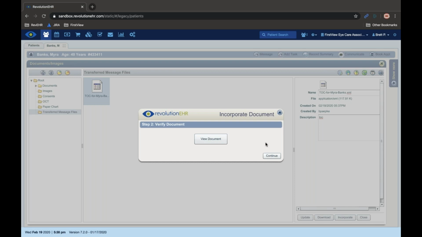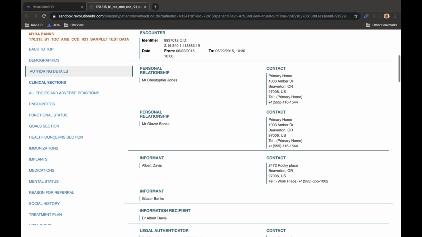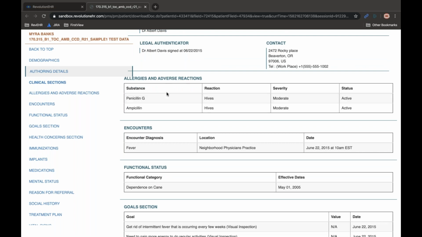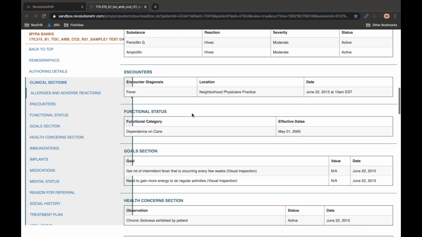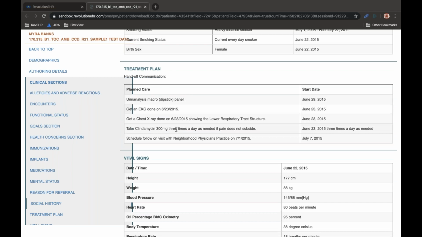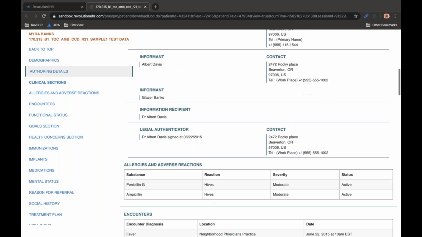But I always like to consider how this stuff could also be as useful as possible to you clinically. And for that, you need to consider this view document option, because when you choose to view this document, you get a lot more information. You'll see all the different sections that are at your availability here, like allergies and adverse reactions, historical encounter listing. You'll see the other provider's treatment plan. You'll see the problem list. So lots of really good information in here